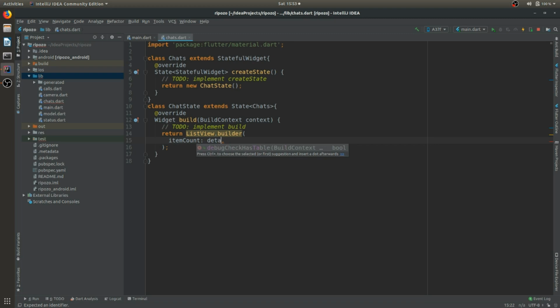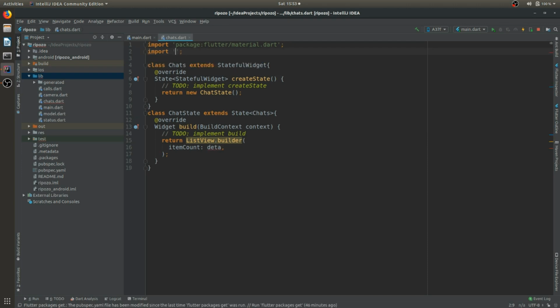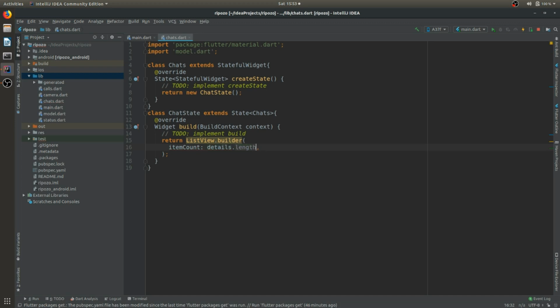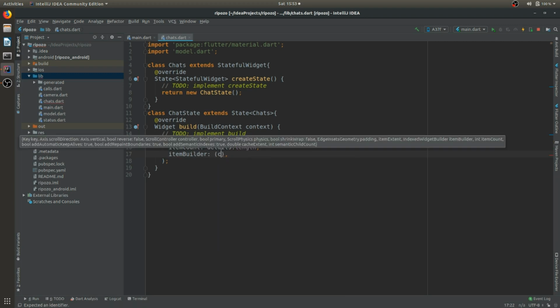Why is it not working? Okay, it's because we haven't imported the model dot dart. Now details dot length, okay, we have done. Now we will use the item builder, and in this item builder we will pass two things,